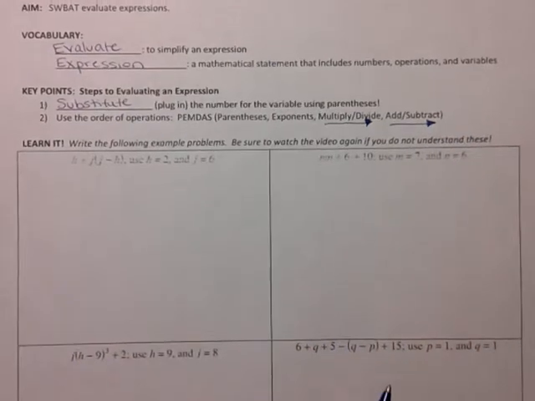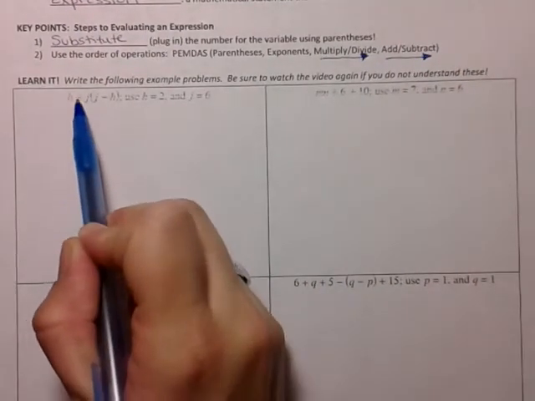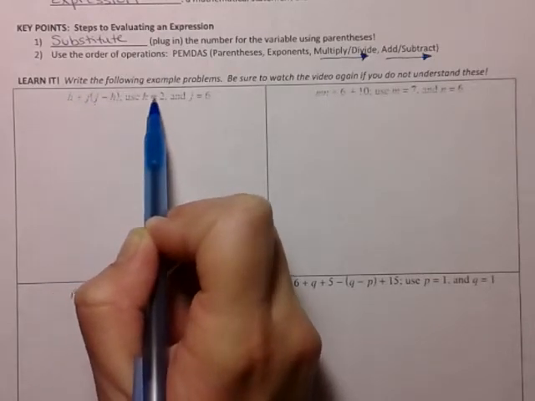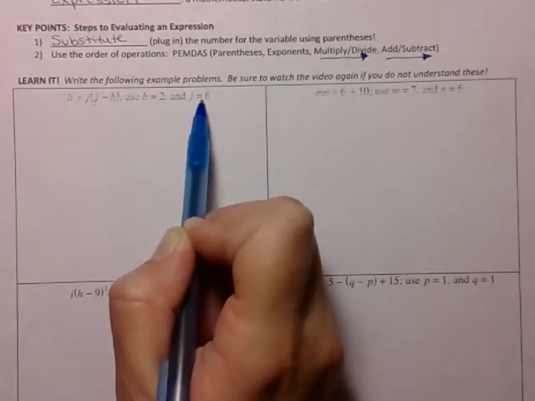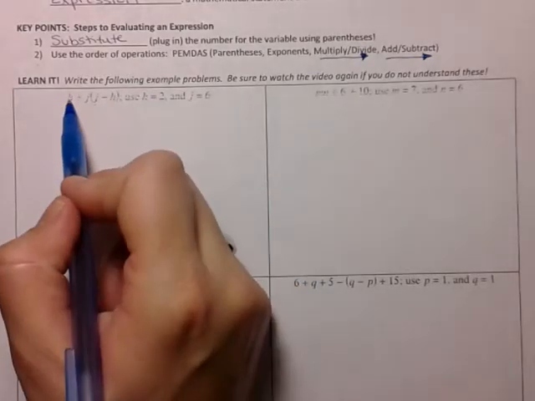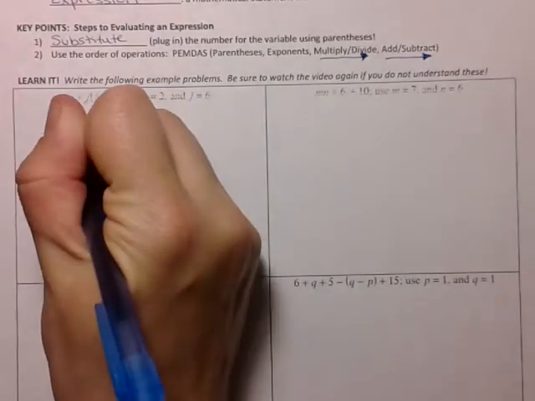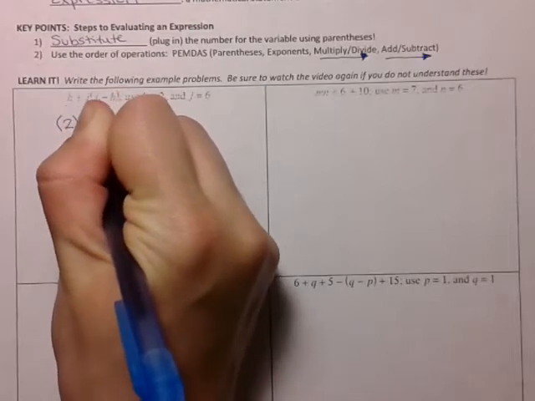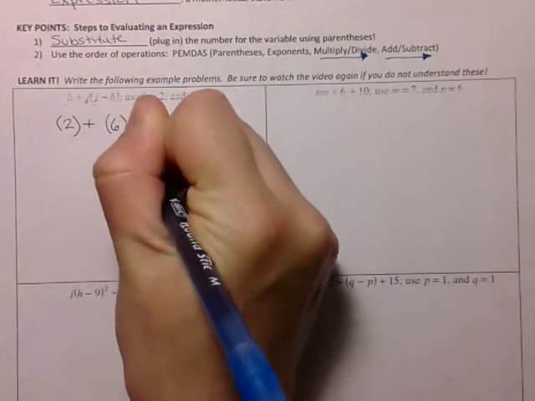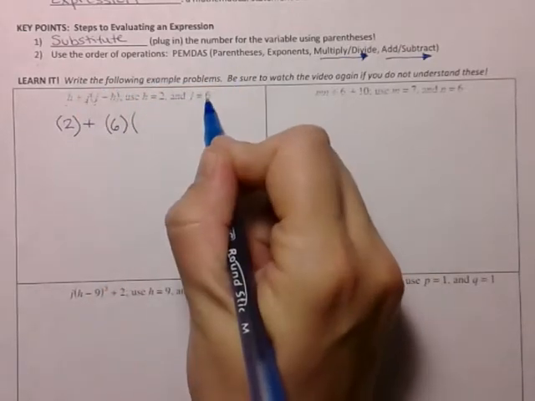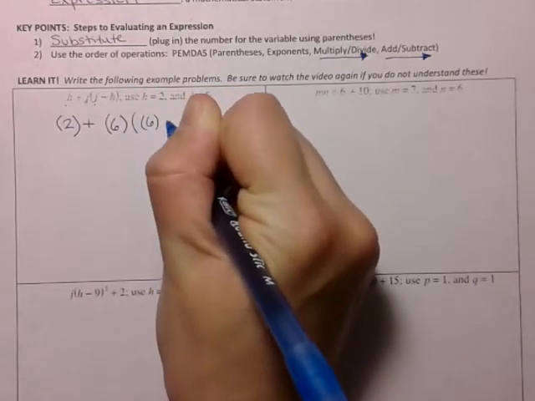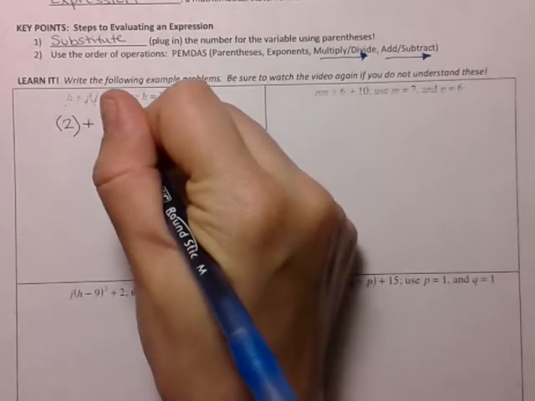So let's look at some examples. Example number 1, it says h plus j times j minus h, use h equals 2 and j equals 6. First thing I'm going to do is take out each letter and plug in the number that corresponds to it. So instead of h, I'm going to write 2 in parentheses. 2 plus, and instead of j, I'm going to write 6 in parentheses. And then I'm going to have my parentheses here. And again, I'm going to have j, 6, put it in another parentheses, minus my h is 2,